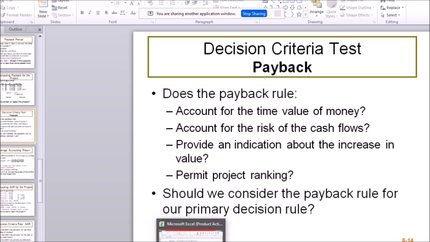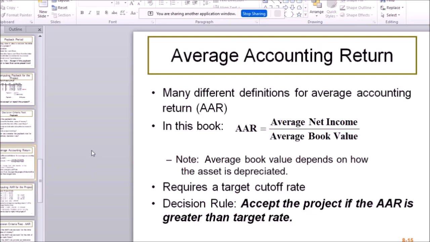So this one is really, really funny because this one doesn't take into account any level of risk. It doesn't take into account the time value of money. We don't do the discounting, and it doesn't even take into account all the future cash flows. It only takes into account enough cash flows to pay back, just like in our 7-year example. Even if after 7 years you get billions and billions back, it doesn't matter. If you can't pay back in 5 years, that's all that matters. So this one is a bit funny. Very good.